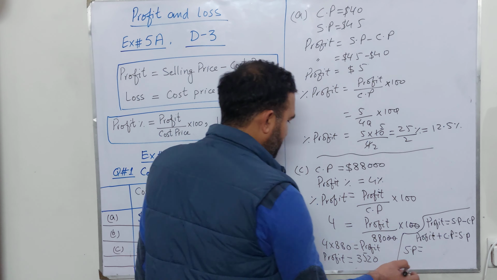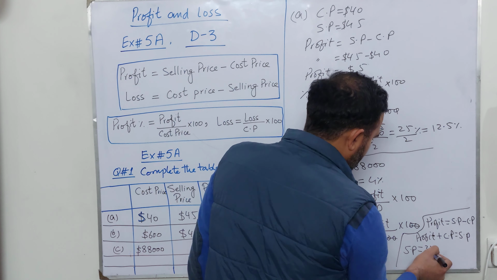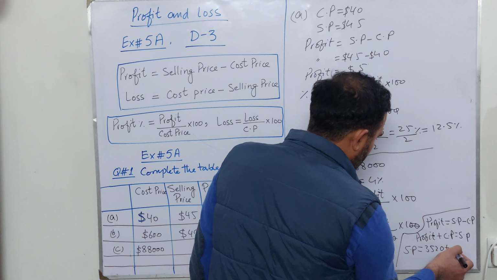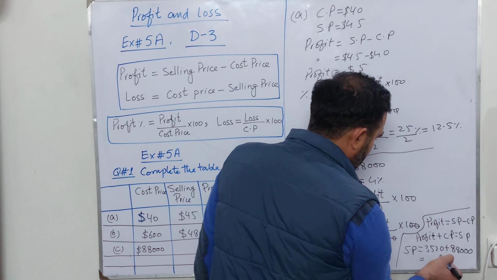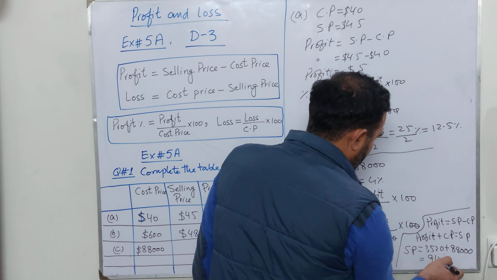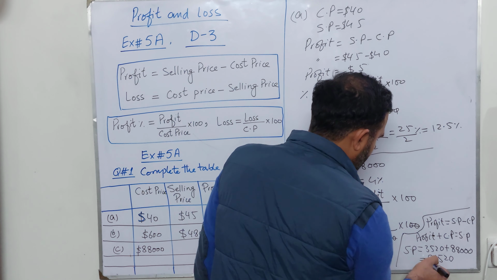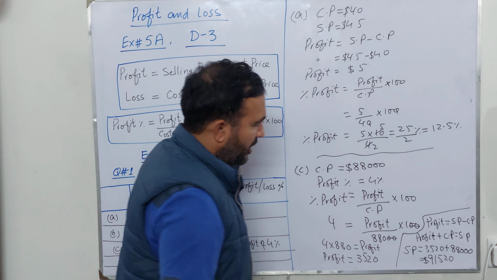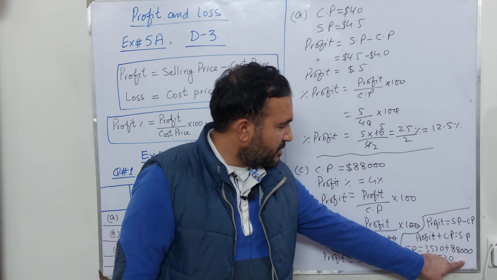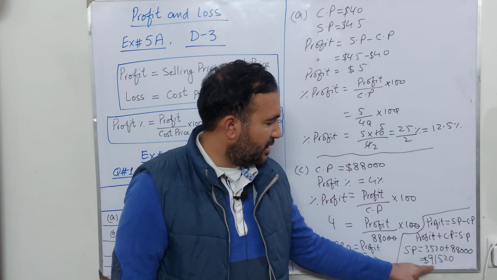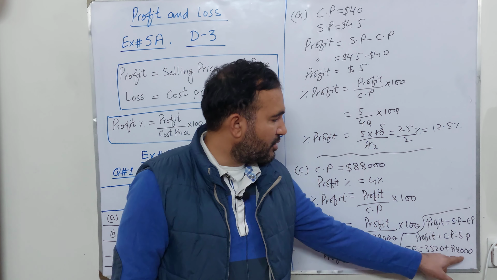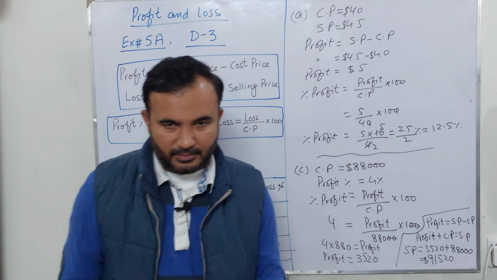So profit is 3,520 and cost price is 88,000. So it will be $91,520. So that is obvious, because when the cost price is 88,000 and profit is 3,520, just add these two quantities, you will get the selling price, which includes cost price and profit. Okay,